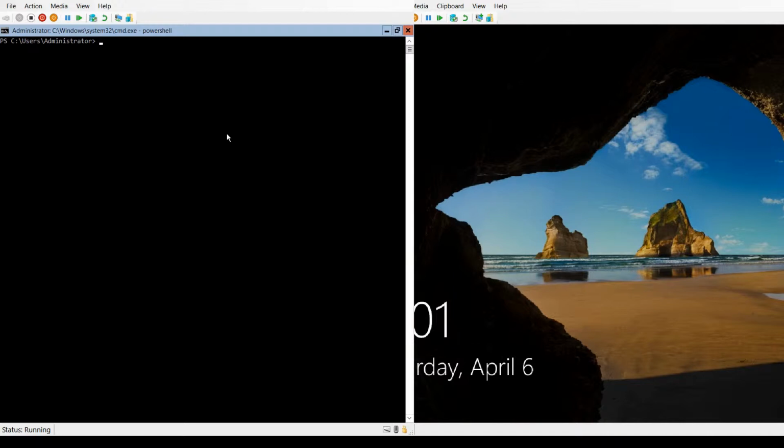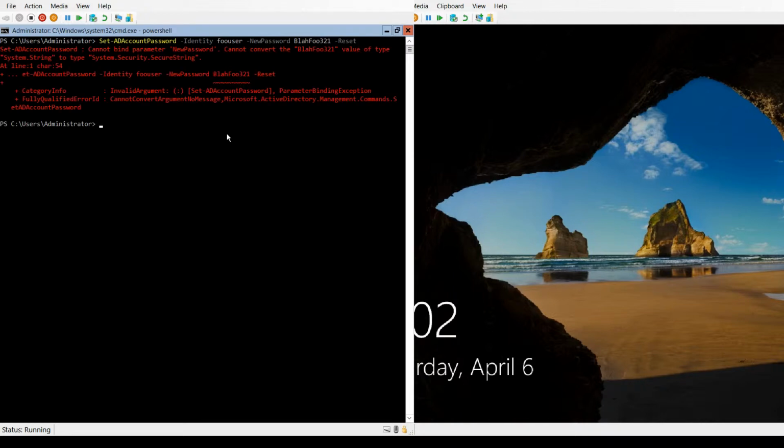But anyway, the command that we will use for this is Set-ADAccountPassword. And use tab completion there. Identity is going to be the username. This will be foo user. And we're going to set their new password. Let's say we're going to set it to blafoo321. We do reset. And we do this, and we'll get an error message saying cannot convert the blafoo321 value